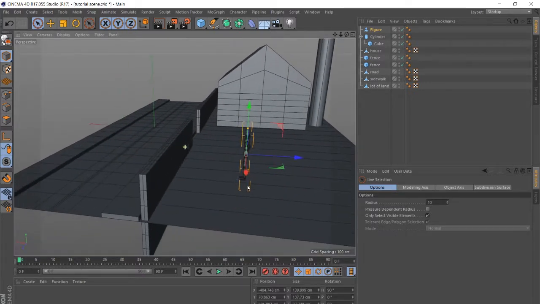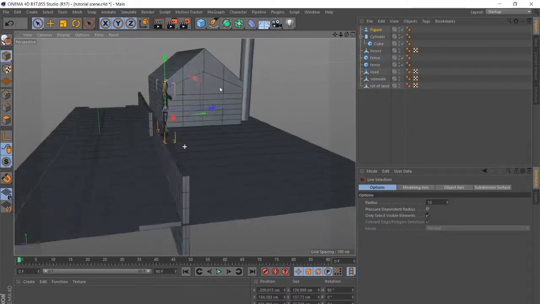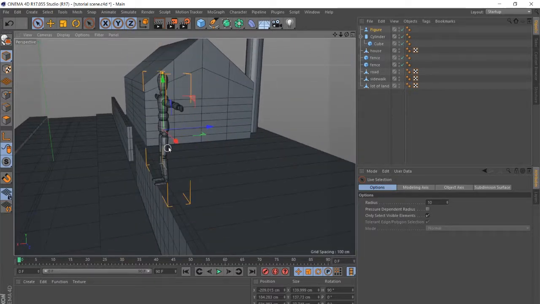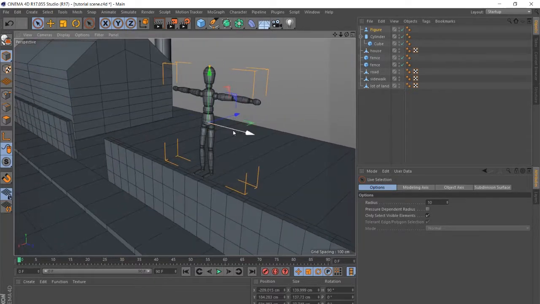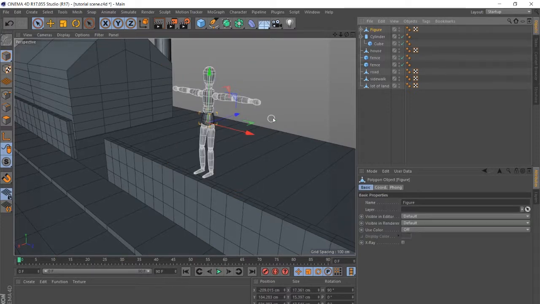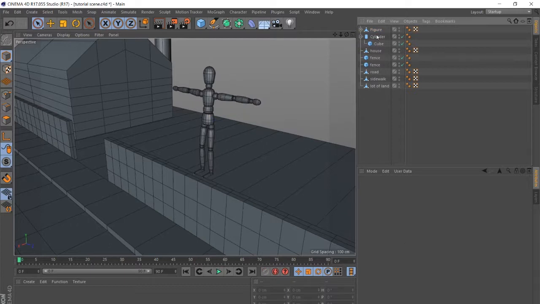Okay, so now I'll move him here by the fence and move him over the fence. Now, as you notice, we can't have any kind of control over this object, because this object is a parametric object. We cannot move any of its parts. In order to do that, we have to make it editable like we did with the cube and so many other objects. So we make this guy editable,